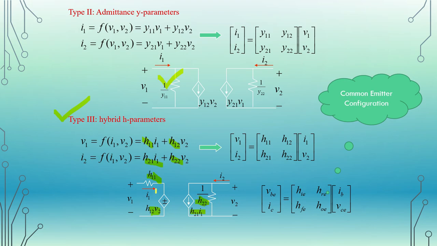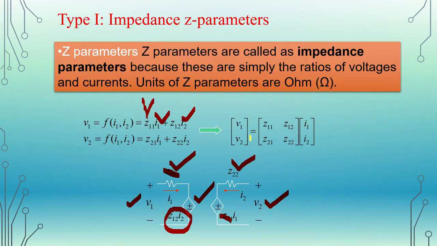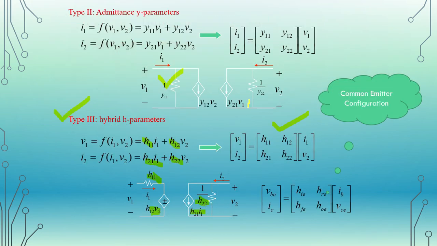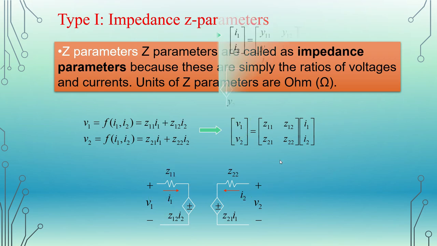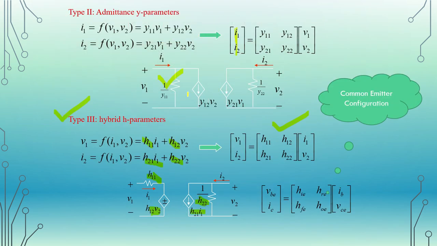If we compare, H parameters are normally used for the common emitter configuration. We can replace these terms. So now this will be the matrix form for this expression, V1 I2. Previously, the expression was for V1 V2, both voltages. Then admittance is for both currents I1 I2: input side current, output side current. Previously, input side voltage and output side voltage, V1 V2. Next, admittance, input current source and output current source, I1 I2.